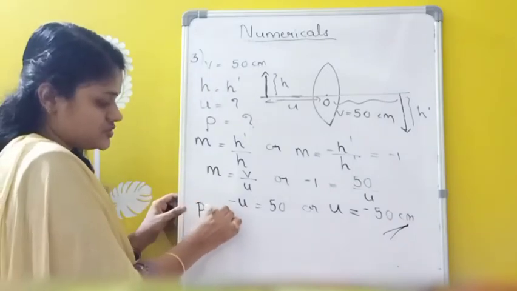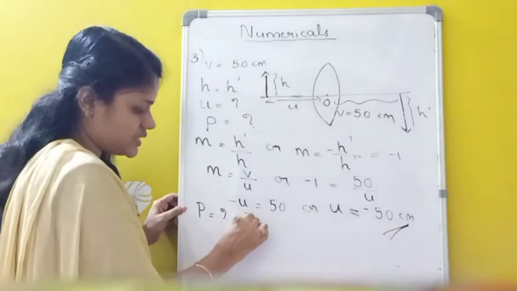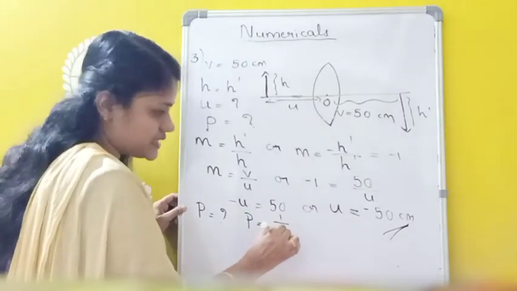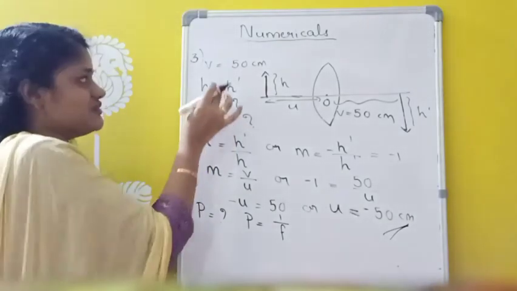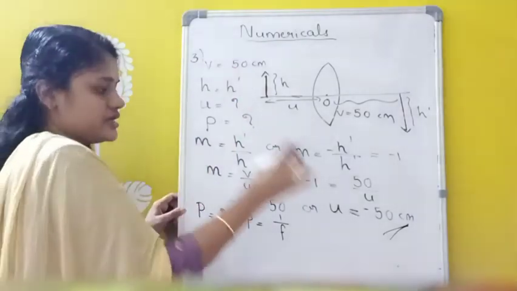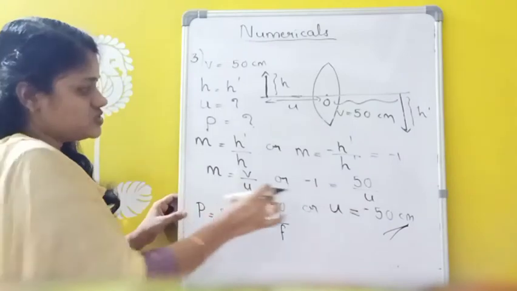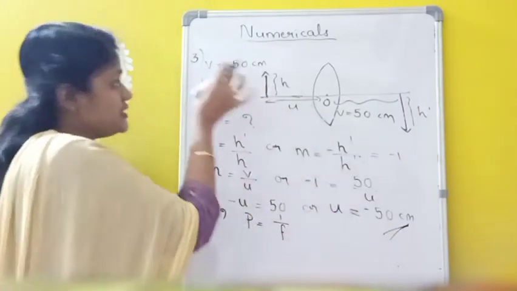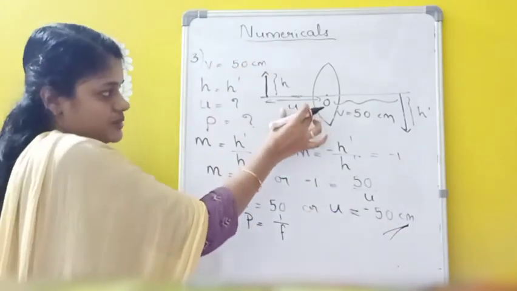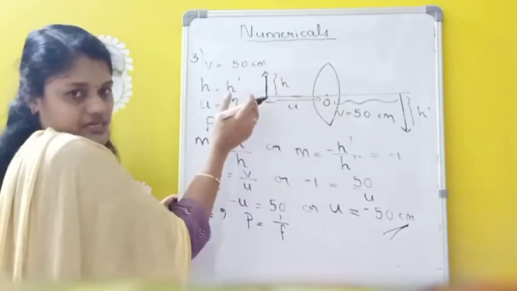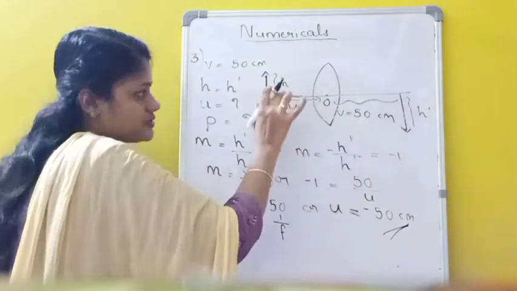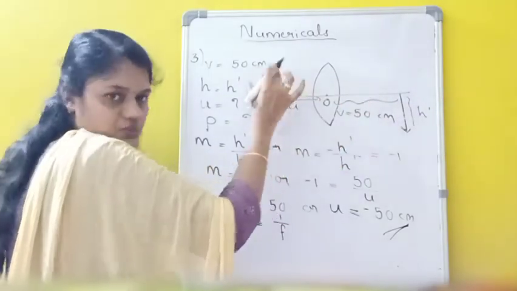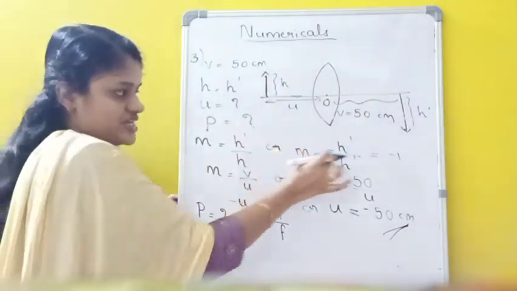Okay. Now, one more thing they are asking, we have to find which one? Power. So, power, what is the formula? Power equals 1 by focal length, 1 by F. But we don't know F here. So we have to find F because we know the values. V we know as well as U also we know. Here U is minus 50 and V is plus 50. So the object we are placing 50 centimeter in front of the lens, that means at 2F1. So image at 2F2. So both the size of image as well as object are same. So what is magnification here?